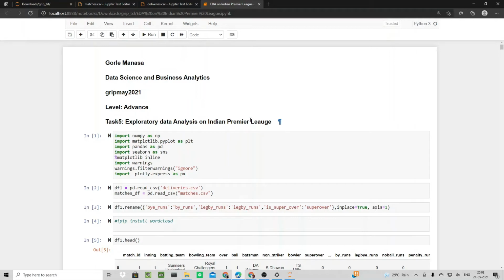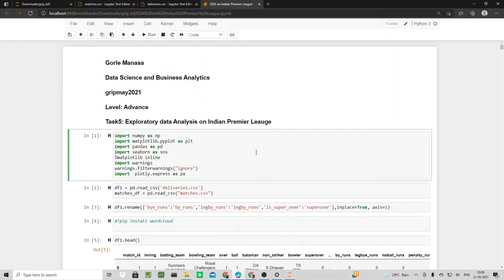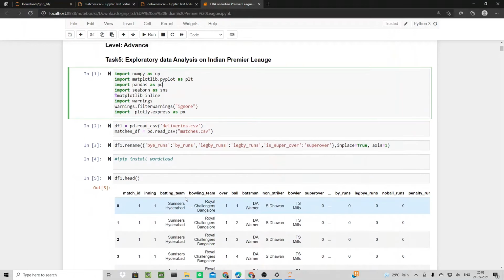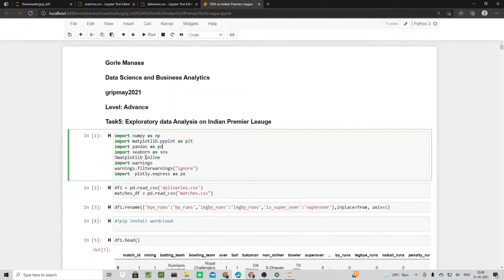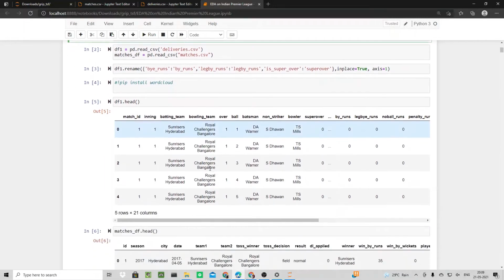Hi guys, as a part of the internship at the Spark Foundation, here is my Task 5: Exploratory Data Analysis on Indian Premier League. It contains two datasets, which are deliveries.csv and matches.csv. So I have imported the required libraries here, and then I have created the data frames for both the datasets